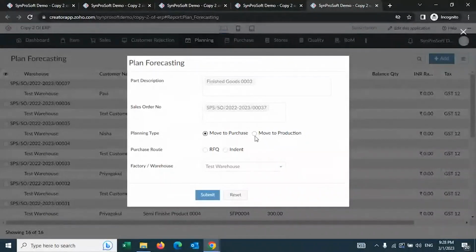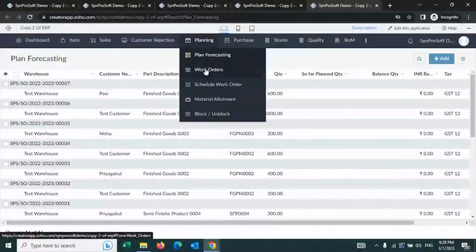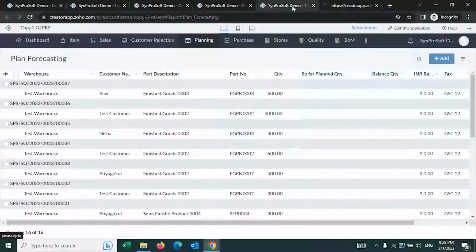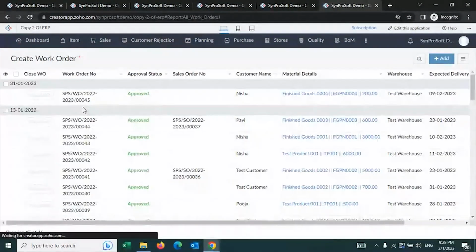In that case, you can either create a material request or a request for quotation and then manage. If you have stock, then directly you can take it from your warehouse and sell it. The moment you go to the production module, then a work order will get created. What is a work order? I'm going to show you next. Once the planning or forecasting is completed, the system will take you to the work order module, in which you will create a work order for production. How am I going to do that? I'm going to show you that.